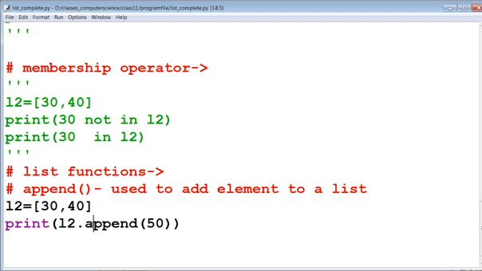Now we are going to check this syntax. Why is it not going to append the list?